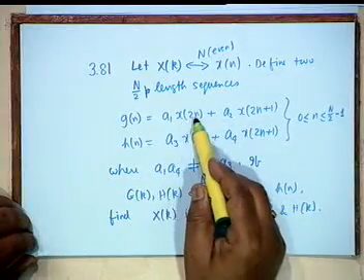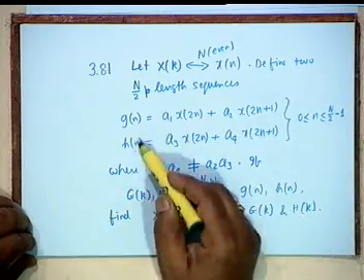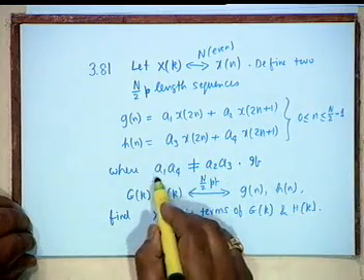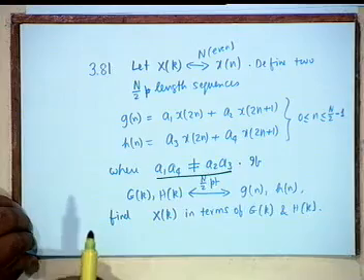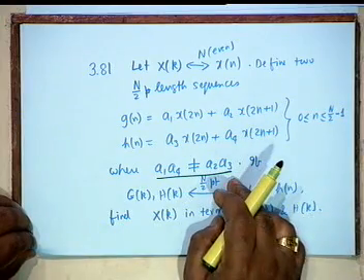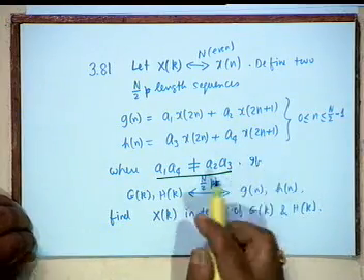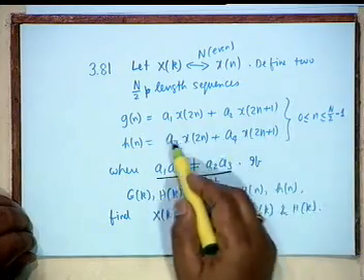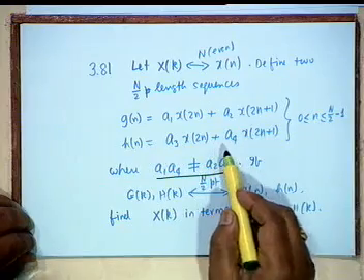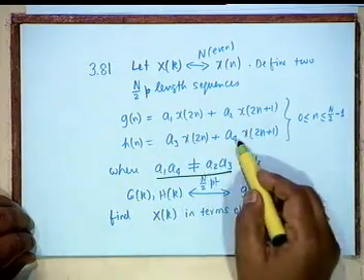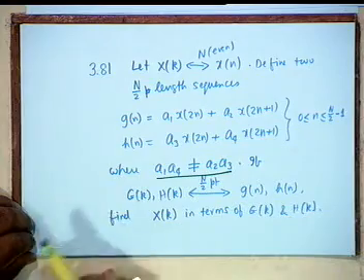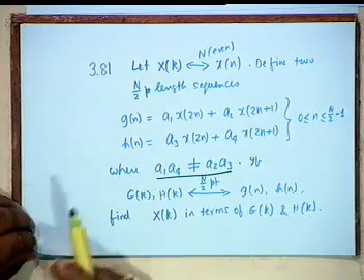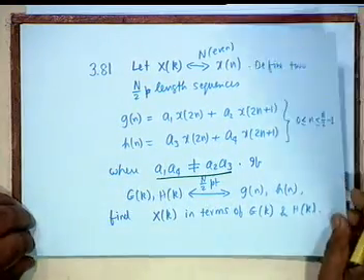One of the ways is, the first thing we do is we express x of 2n and x of 2n plus 1 in terms of g and h, and that is where this inequality is useful. In the denominator, you see it's a set of 2 linear equations. So, in the denominator we shall have A1 A4 minus A2 A3, that cannot be 0. If it is 0, then your solution breaks down. Okay. So, we solve for them.